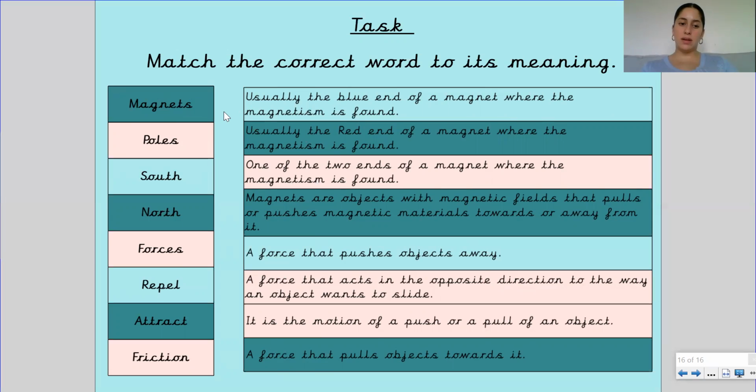And you're going to write it next to it. And then finally, you're going to use the key vocabulary in a sentence of your own. Make sure that your work is neatly presented with your best handwriting as usual, and make sure you upload your work onto